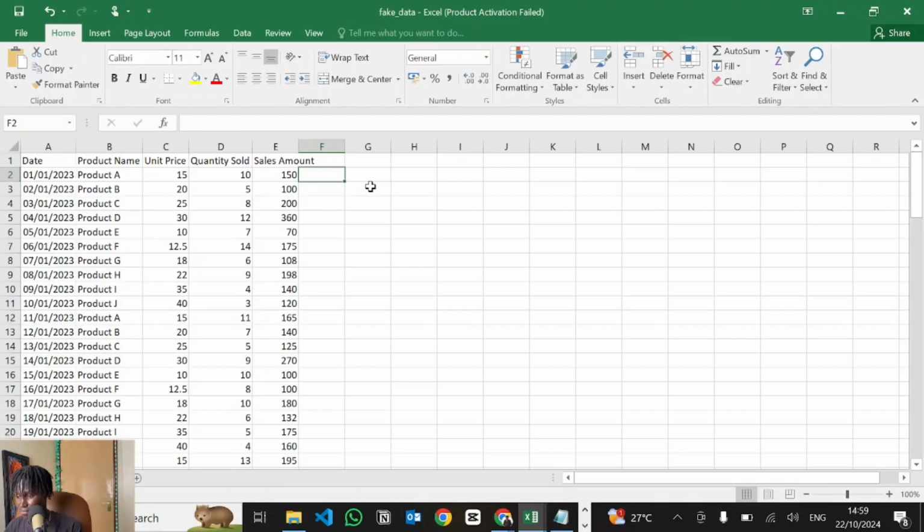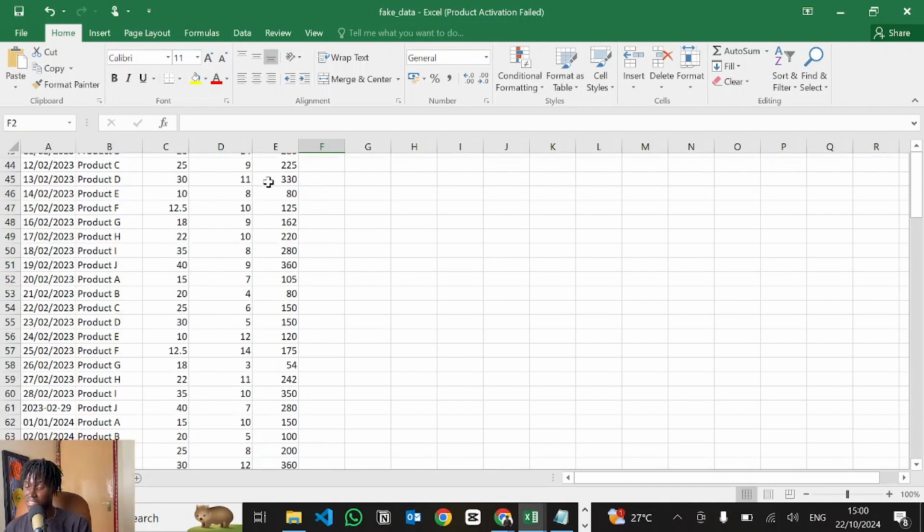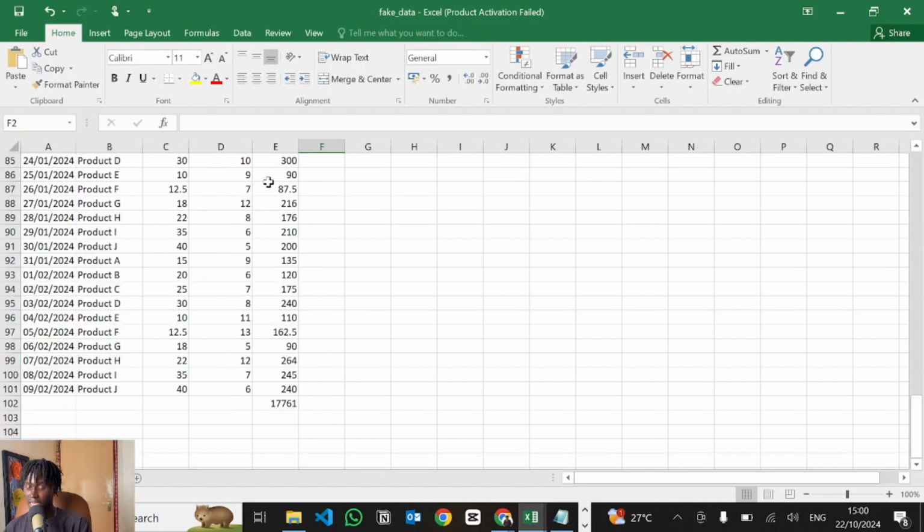Well, I've developed an AI to serve as your finance guy, your data analyst, enabling you to chat with your data. I built it on VoiceFlow and Vector Shift AI, and here's a demo. So this is the data we are working with. It's an Excel spreadsheet containing the date, product name, unit price, quantity sold, and the sales amount, and it has like 100 rows. I generated this with ChatGPT, so we can chat with this specific data.